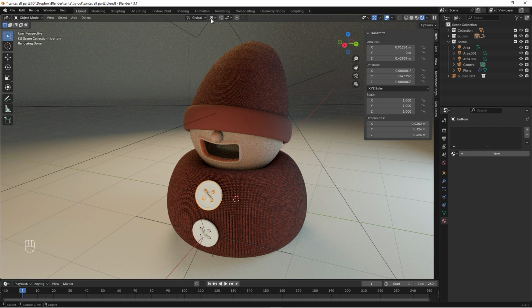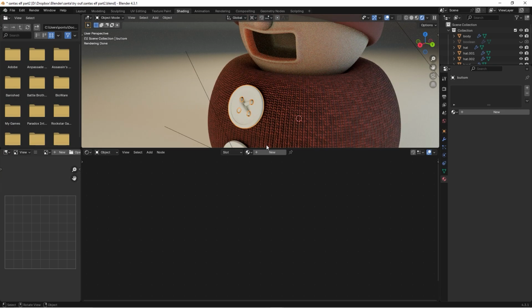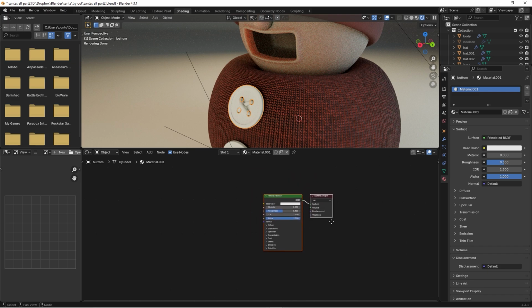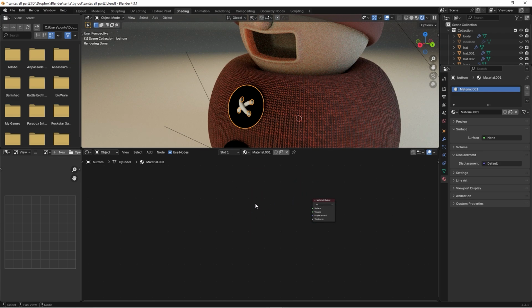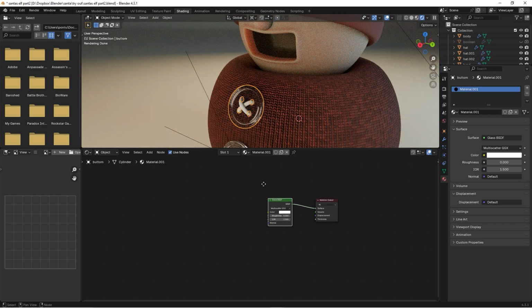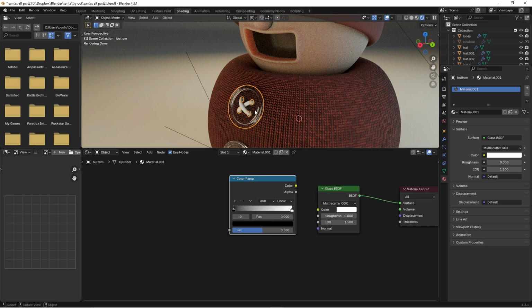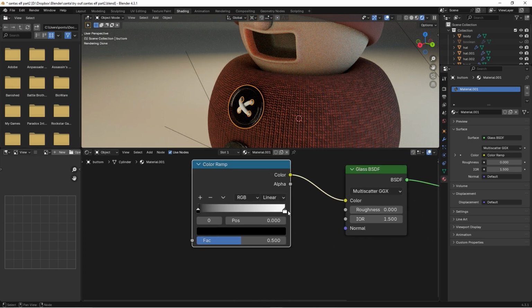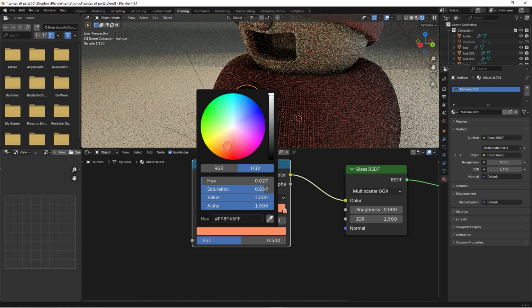So select the button, go to shading, and this is almost like glass material, so we press new. And in this case, we don't want the principled, so we delete that, and I want a glass BSDF. And we can drag that into the surface, and I want a color ramp. And this is where I will set my colors, because I want this to be some kind of brownish with streaks of other brown color in it. You will see. We drag it over here, and I want the first color to be some kind of orange brown,